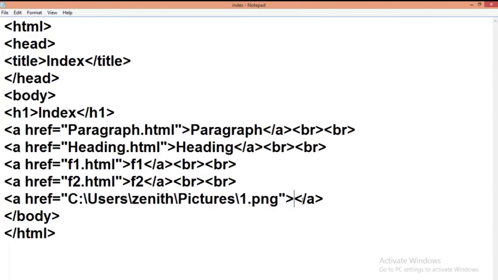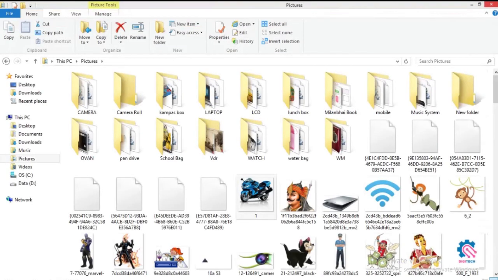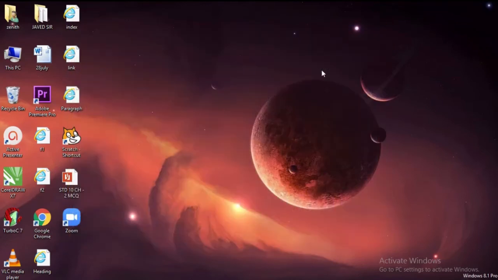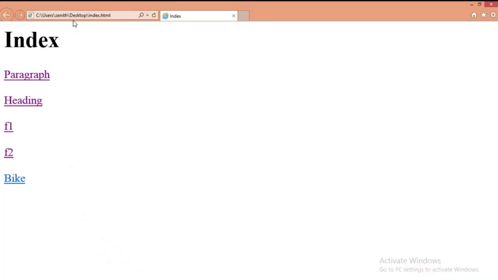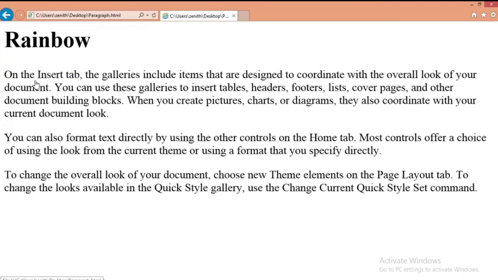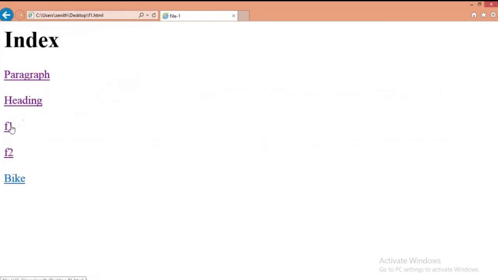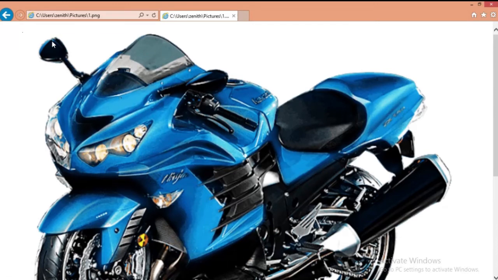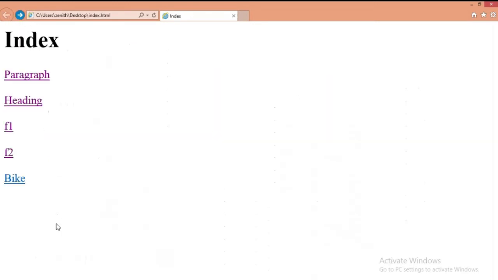Then write here bike and save your file, Ctrl S. Yes, whenever I click on the paragraph, it will open the file. But see, when I click on the bike, it will open a bike picture.